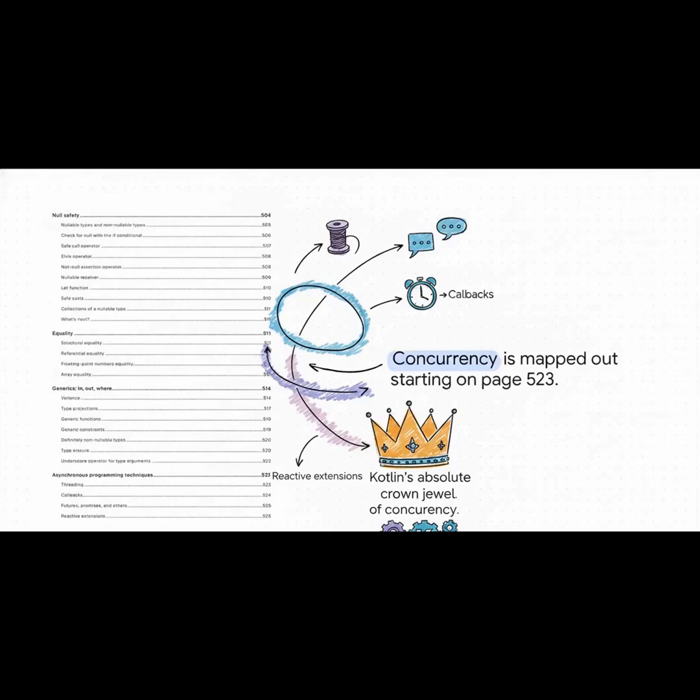Now, let's see how this builds into even more complex territory. The blueprint maps out asynchronous programming techniques starting on page 523, and it actually walks you through this really clear historical progression. It starts with basic threading, moves through callbacks, touches on futures and promises, and then reactive extensions. And the coolest part? It lays all of this out just to set the stage for Kotlin's absolute crown jewel of concurrency,